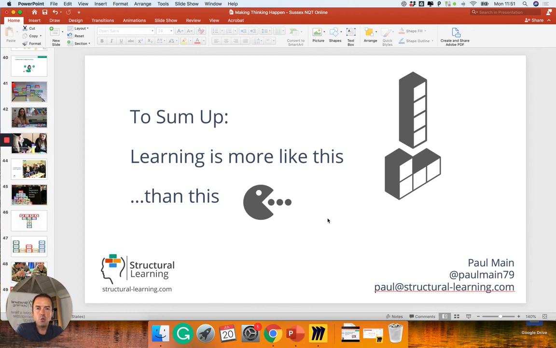So hopefully that's given you a good grounding of why visuals are important for the learning process. They're not just nice to have, something that looks nice to stick in your book. They're a fundamental tool for the learning process. They're improving the way that a child computes incoming information, if you want to think about a kind of computer analogy. And in the next session, what I'm going to do is look at how language